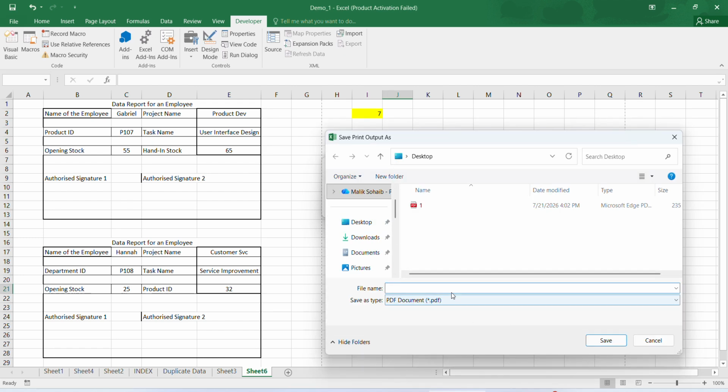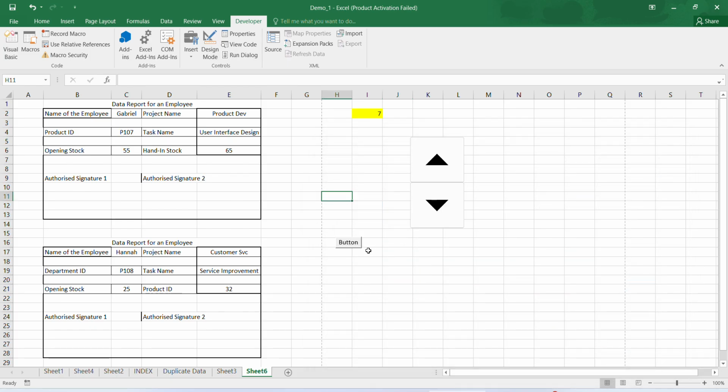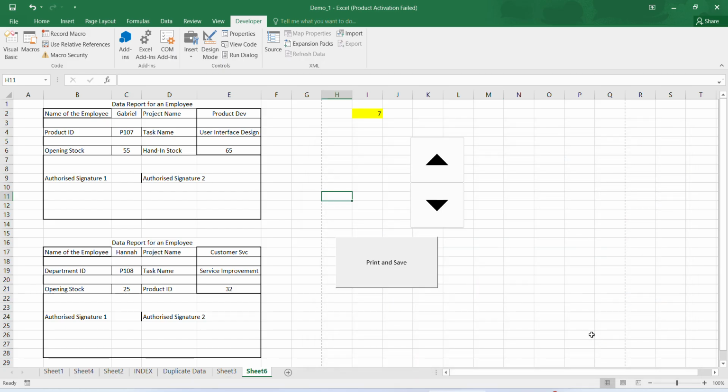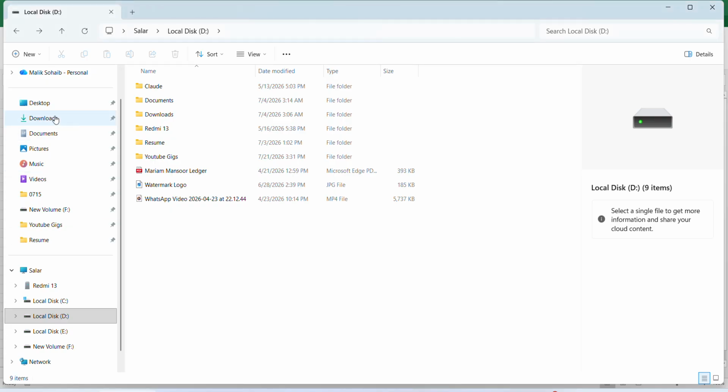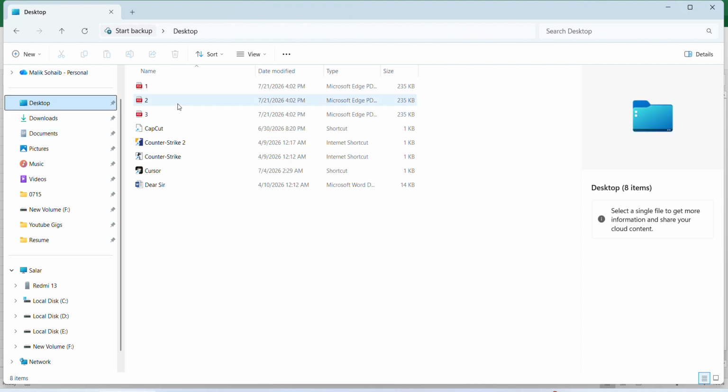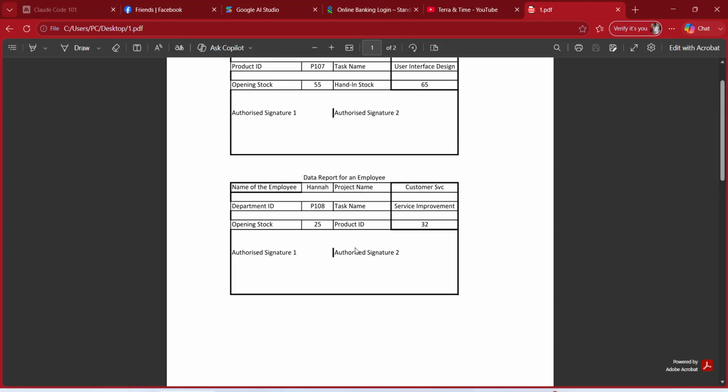See, 2, done, right? So print and save. 3, it is saving it. Where is it saving it? Desktop. Yes. See,